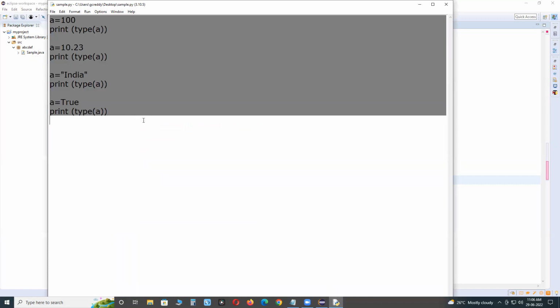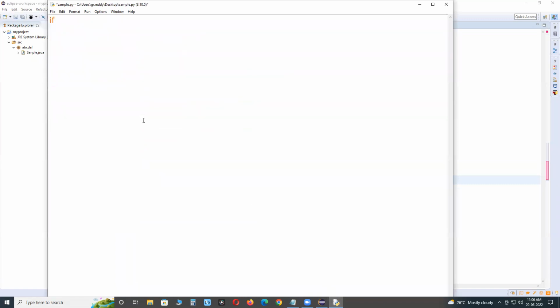Suppose in Python, if is a keyword for creating a condition block, for is a keyword for creating a loop block, def is a keyword for creating a user defined function. See, while is also a keyword, etc.